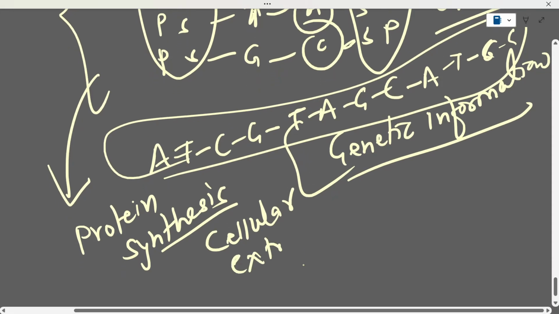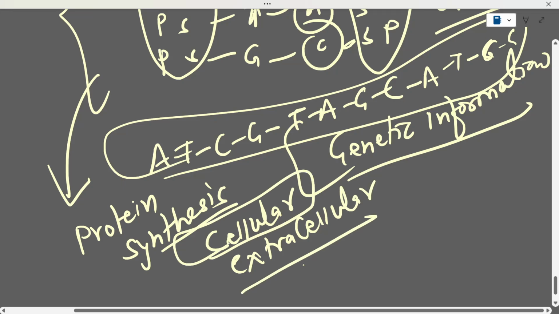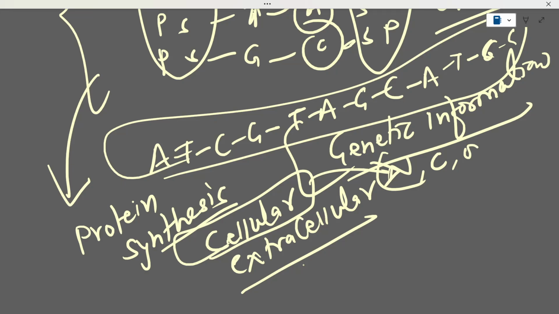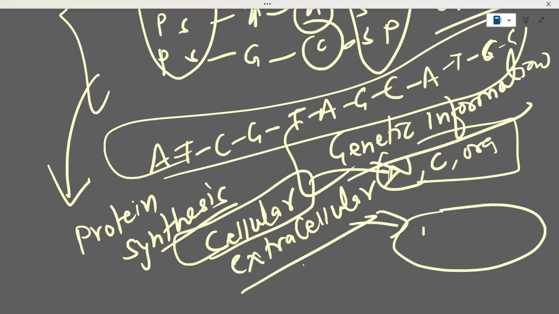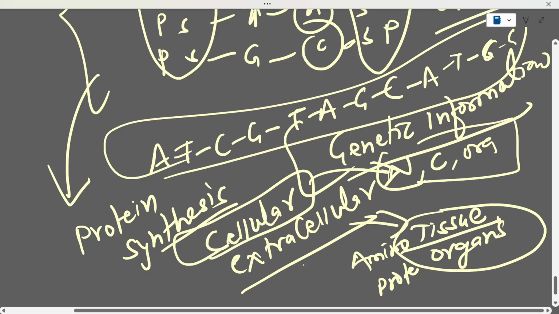So cellular and extracellular activity means all the activities that are expressed within a cell, which includes the nucleus, cytoplasm, and all the organelles. Then all the extracellular activities are when all such cells express in the form of tissues, organs, all such amino acids and proteins which are necessary. So both the processes,